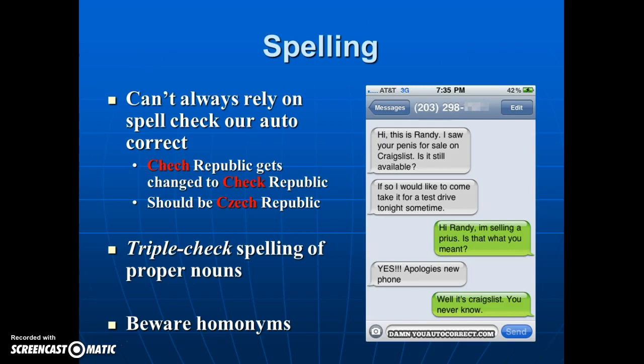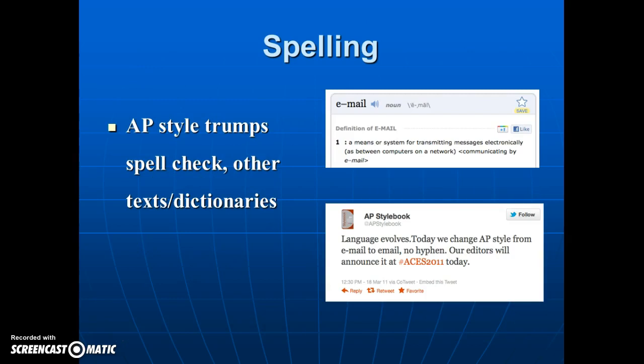That's why my recommendation is triple checking the spelling of proper nouns. Asking first, double checking, confirming the spelling, and then looking it up against a document or another way you can check it, and that would be a style book or a dictionary. Also beware of homonyms. It's not going to catch that. So two words that sound alike but have different spellings. Grammatically, it might underline it and catch it, but oftentimes it will not.